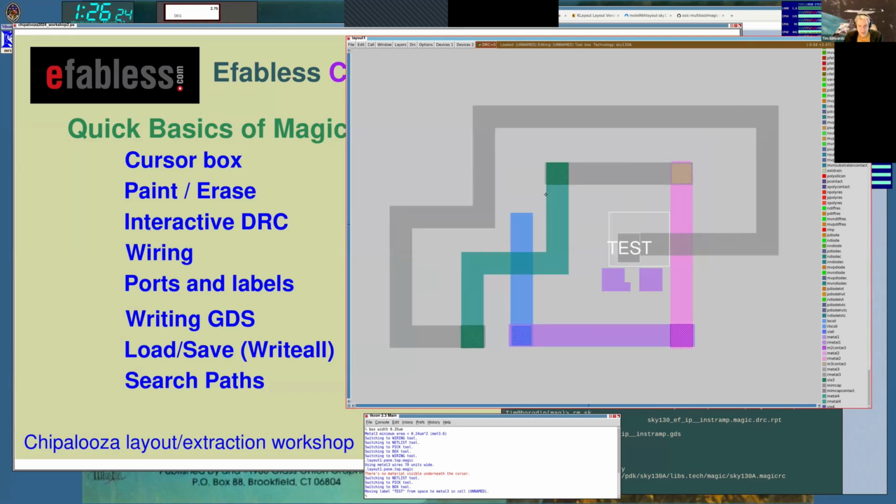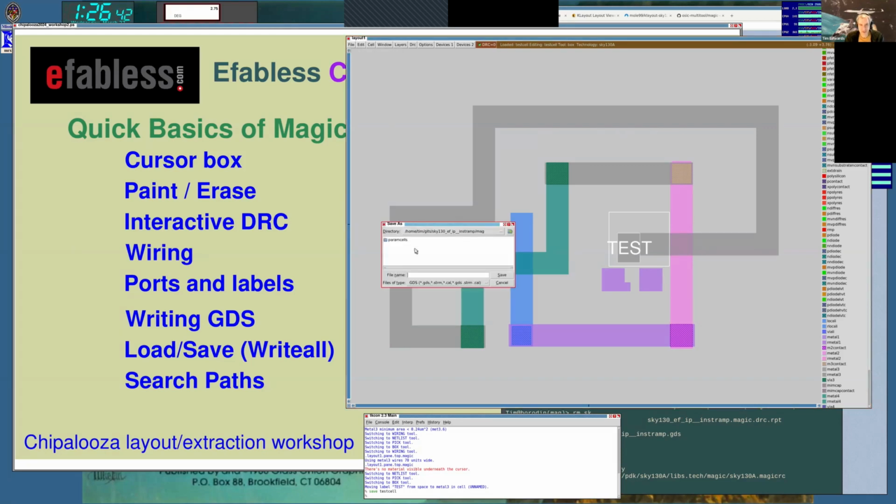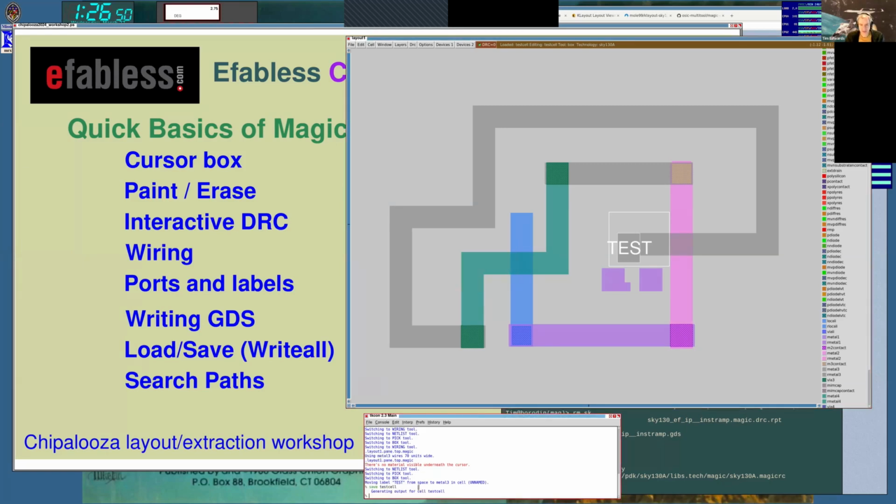If I want to write GDS, the first thing I will need to do is name my cell. My cell by default is just unnamed. I can type something like save test cell. And now my cell is named test cell. If I want to write that to GDS, I will just go to write GDS and put in a name, test cell.gds. It will automatically do it with GDS. So now I have a file here